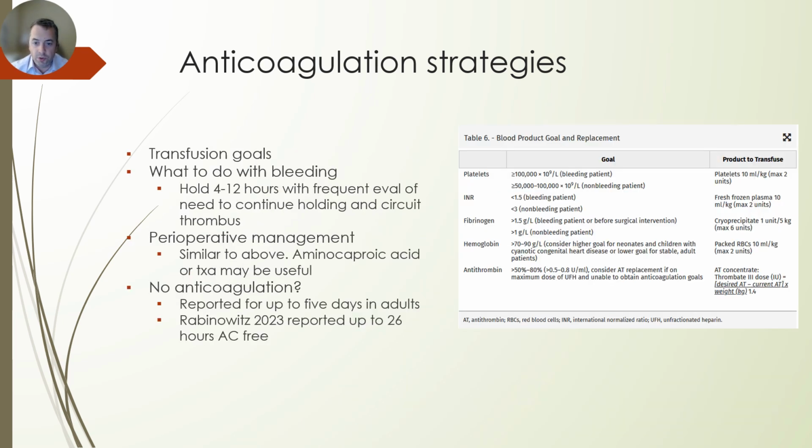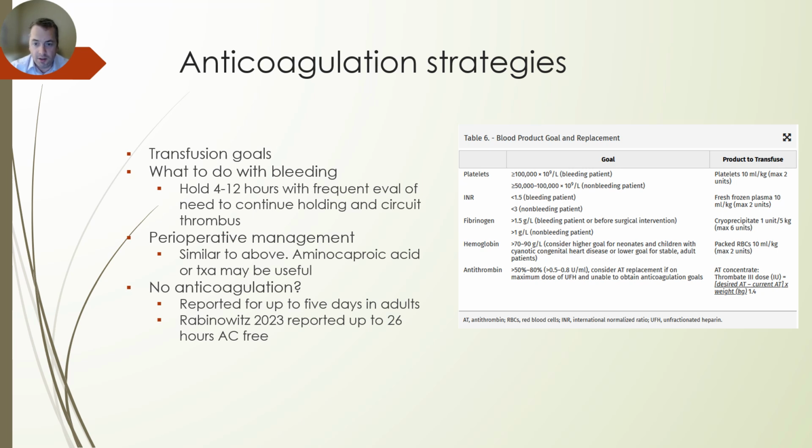And here are some transfusion goals for platelets and for different coagulation parameters. Also for red blood cells, it recommends a transfusion threshold of 7 to 9 milligrams per deciliter for most patients, which is a more restrictive recommendation than historical, which was somewhere in the 10 to 14 range. And we found that more restrictive strategies require fewer blood transfusions without significantly altering